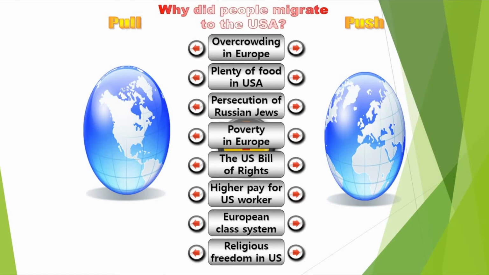Also, in Europe, they had the European class system. This still existed, where you would have the lower, middle, and upper class. Historically, throughout Europe, there had always been the upper and lower class, where you had the lower class workers, which would probably be about 95% of the population, who would work the land and were tied to the land, as they often rented this land from a member of the upper class, who would be a lord, for example, in